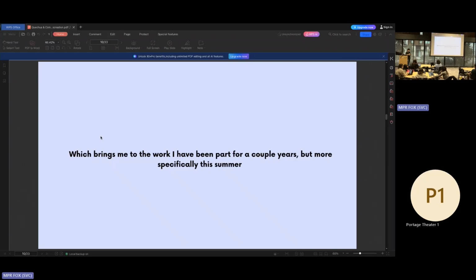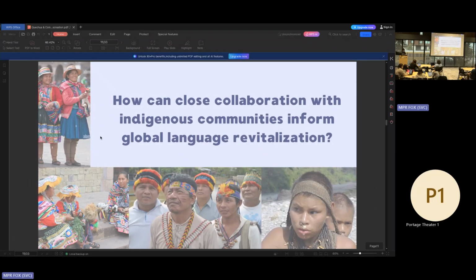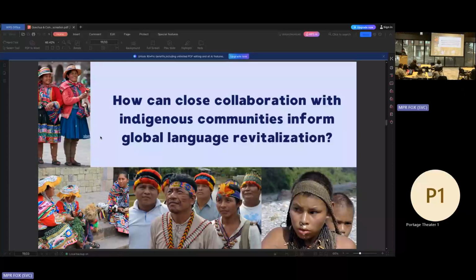An example is that we don't have, or we didn't have, a word for science for a long time. So this whole process involved a lot of speaking with the community themselves, a lot of interviews, a lot of field work, a lot of working and traveling around different parts of Peru to be able to understand what are the different ideas, what are the different concepts that different parts of Peruvian communities have around that concept of science. So that's what I want to focus on in this presentation.